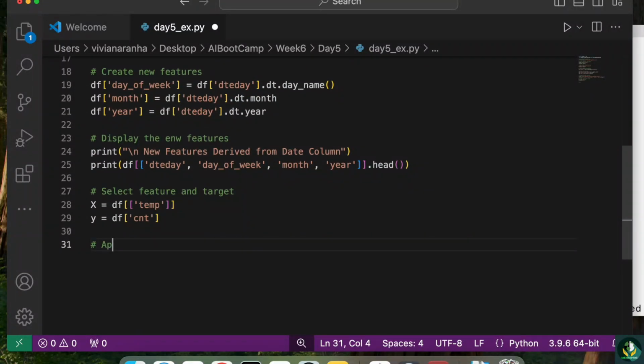Next I am going to say apply polynomial transformation. I'll say poly equal to